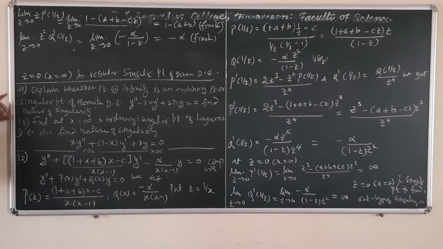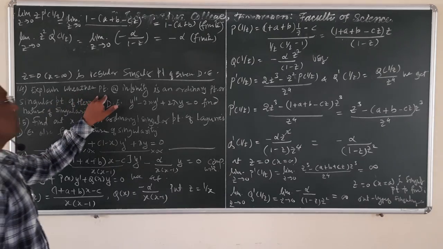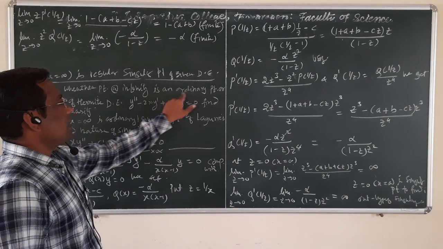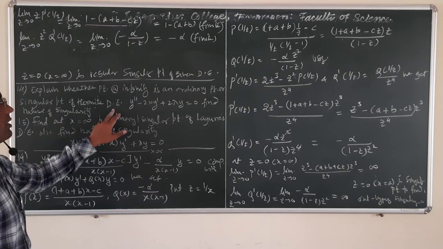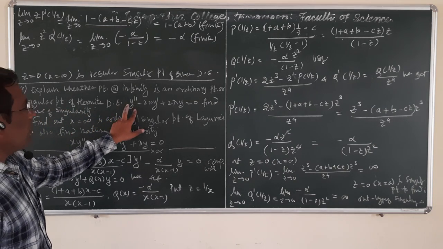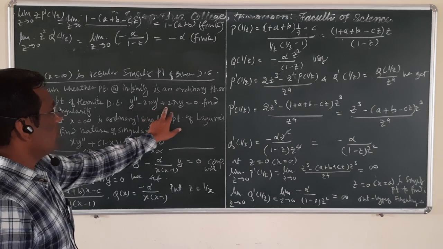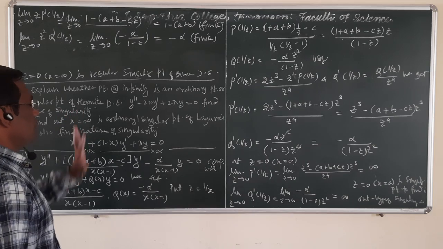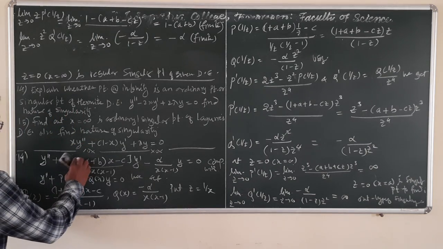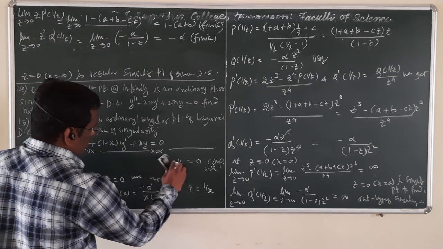Now we are moving to problem number 14. Problem number 14 is: explain whether the point at infinity is an ordinary point or a singular point of the Hermite differential equation, which is y double dash minus 2x y dash plus 2 lambda y equal to 0. Find the nature of singularity. So the given differential equation is this: